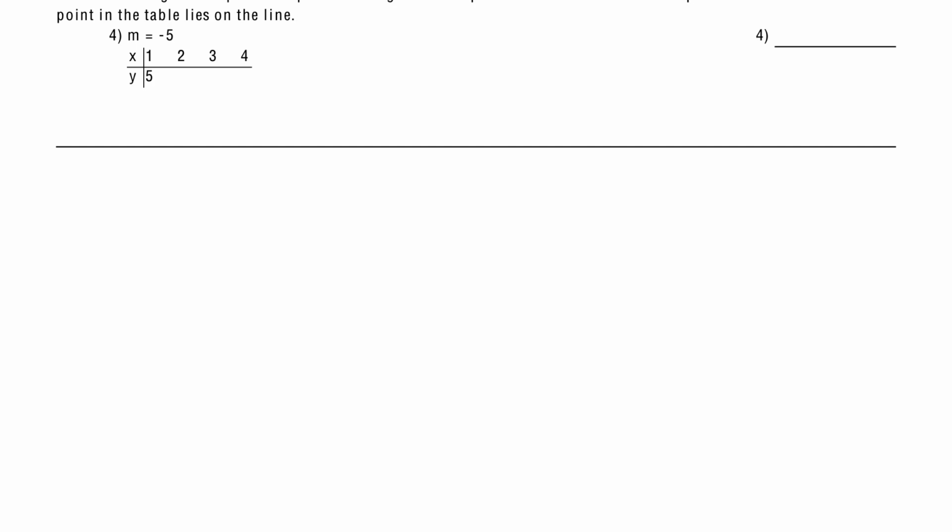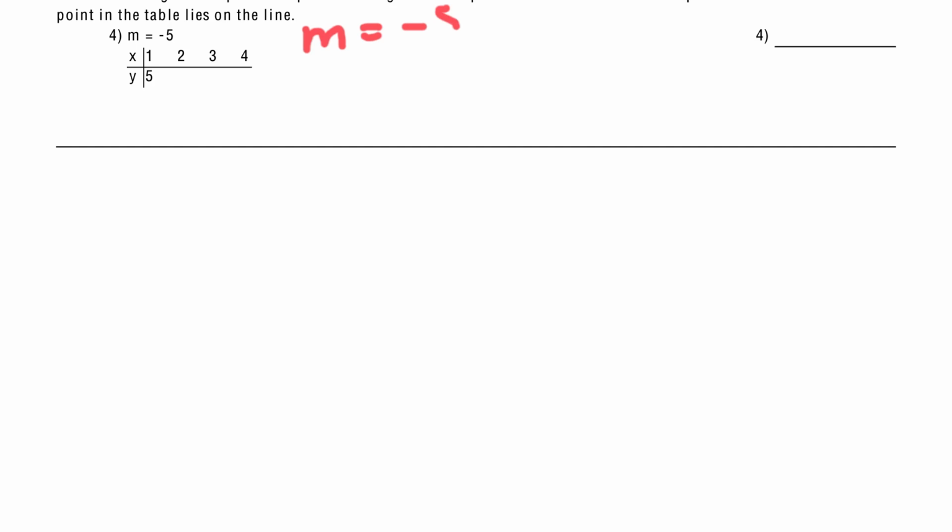Number 4, a line has the given slope m and passes through the first point listed in the table. Complete the table so that each point in the table lies on the line. Okay, which means all these points have to have the same slope. So we start out, we've got to make a fraction out of our slope, right? Our slope